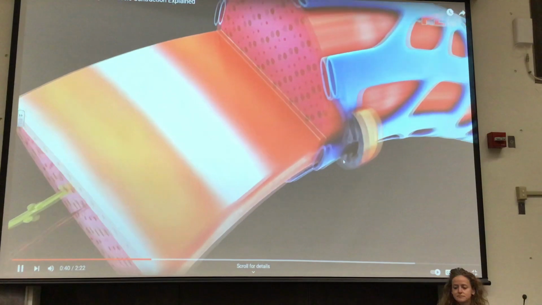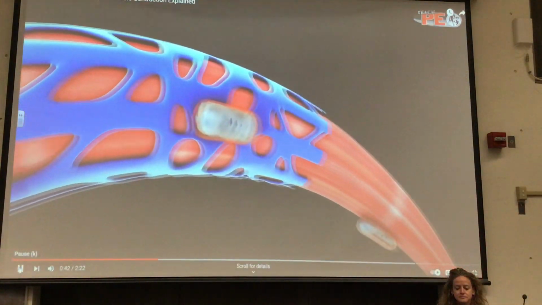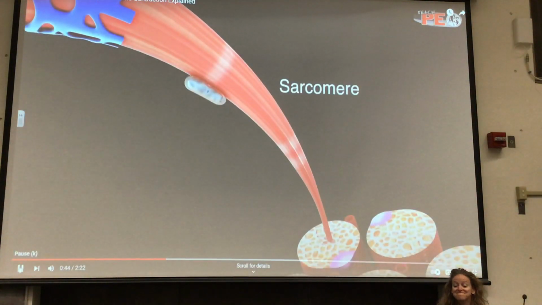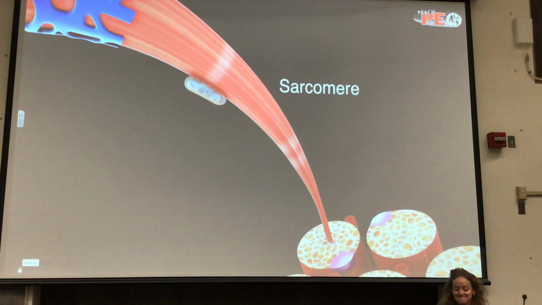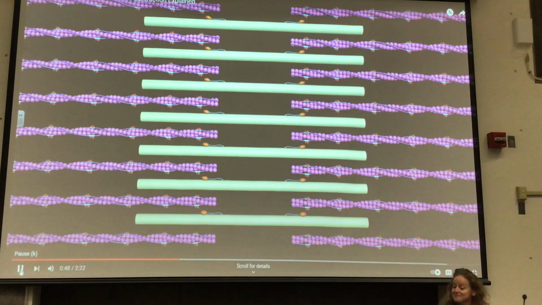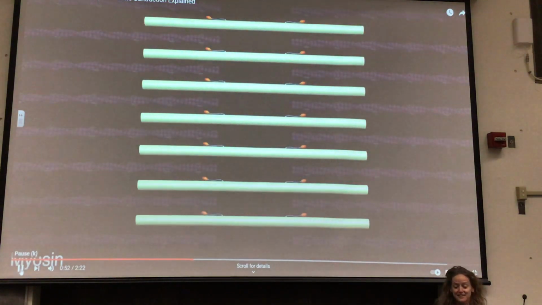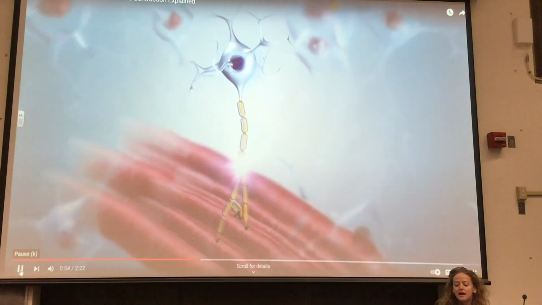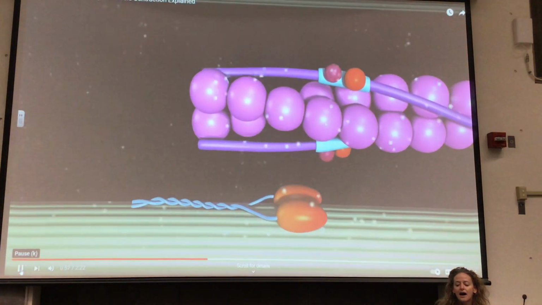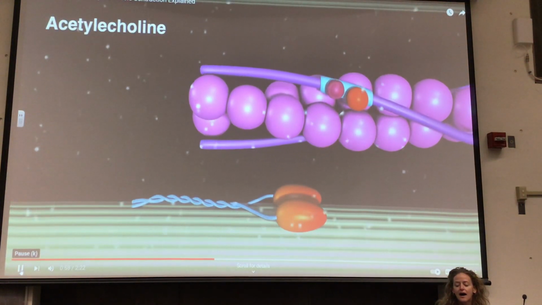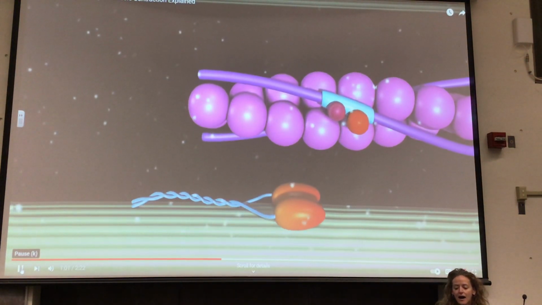Each myofibril can be broken down into functional repeating segments called sarcomeres. If we look at a two-dimensional model of a sarcomere, it consists of actin and myosin. Thick and thin. When a nerve impulse arrives at the muscle, it causes a release of a chemical called acetylcholine. The presence of acetylcholine causes depolarization, enabling